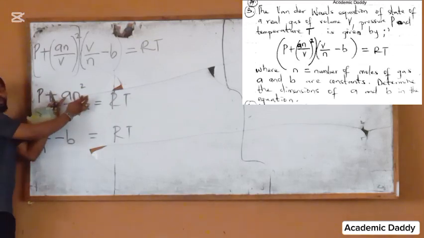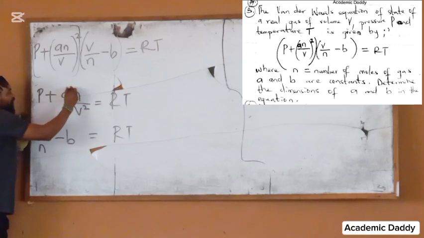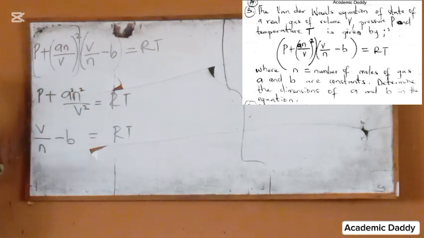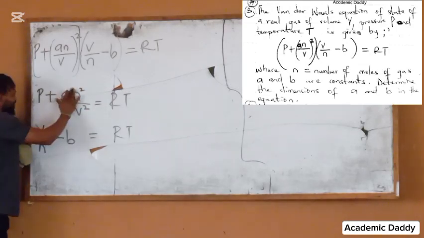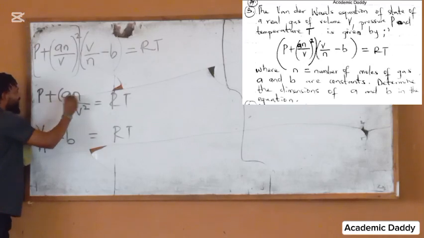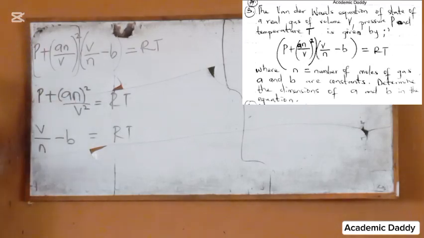That is because these two are products now. AN square: A square, N square. That's how you want it, shebi? No wahala. Okay. We are happy now, shebi? Yeah. Okay. So